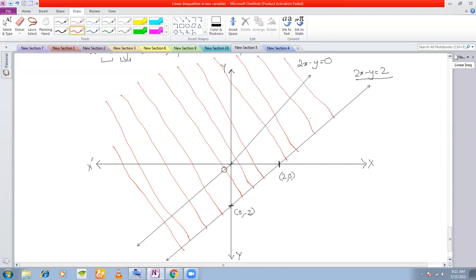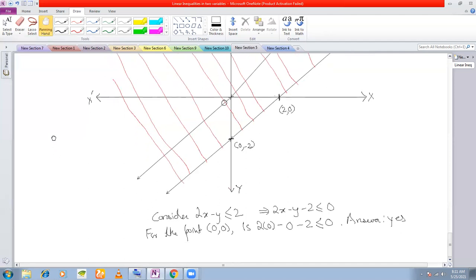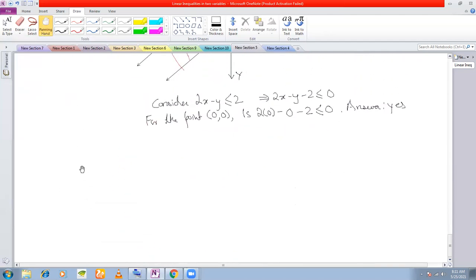Okay, all these will represent your solution of this inequality. But we have another inequality: 2x minus y greater than or equal to 0, right? Yes, 2x minus y greater than or equal to 0. So we'll write here for the first inequality,